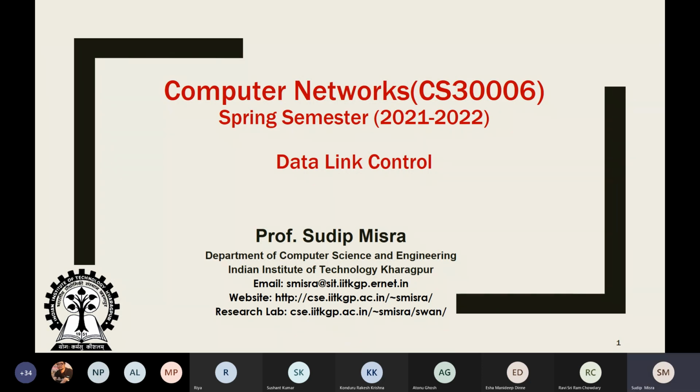Okay, so now we are going to start the next topic, which is called data link control. Now let us try to understand what is this data link control. So far what you have understood is that we have two computers, right? And you have a sender, you have a receiver,